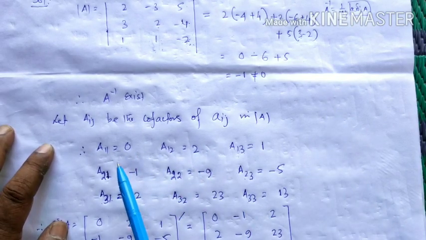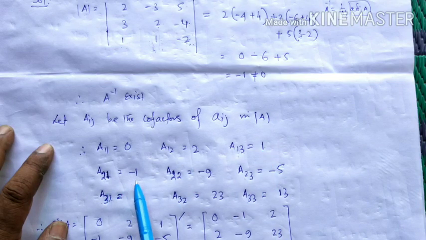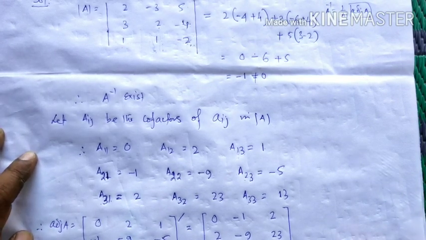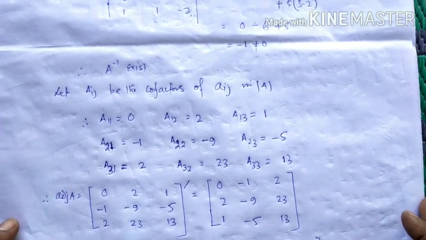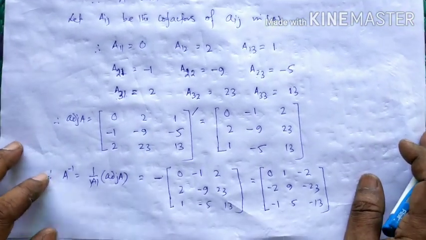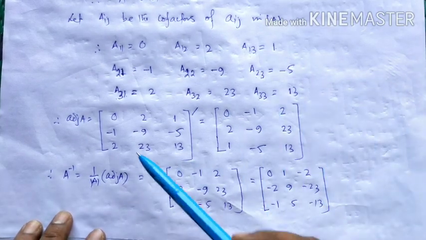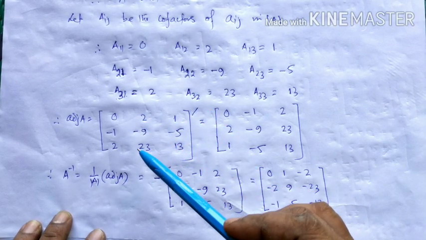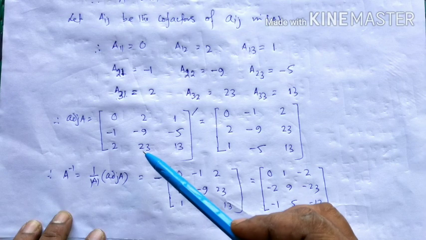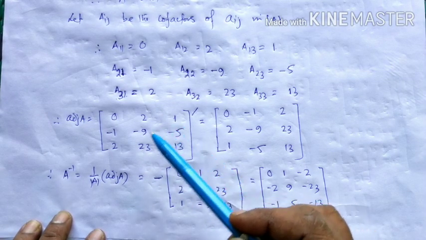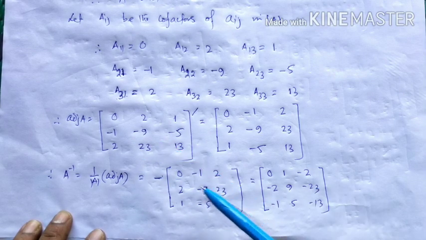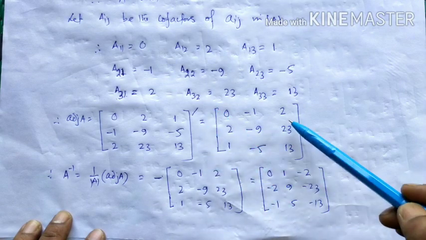So these are the cofactors of the first row, these are the cofactors of the second row, and these are the cofactors of the third row of the particular matrix or particular determinant of the square matrix. What is adjoint of A? We know that adjoint of A is equal to the transpose of the cofactor matrix. How to get the cofactor matrix? You have to replace the first row by corresponding cofactors, again the second row by its corresponding cofactors, the third row by its corresponding cofactors of the original matrix, and then take the transpose. You will get this matrix.